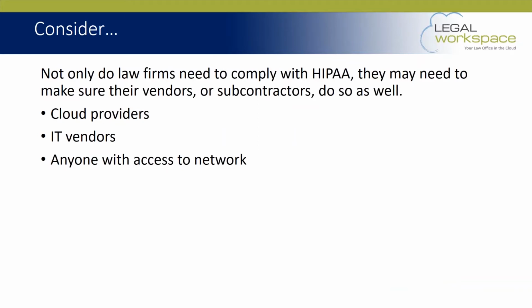A couple of things to consider when you are going through the safeguards portion of your compliance training, and when you are selecting vendors, is you want to make sure that folks that you are working with from a compliance perspective are, number one, familiar with HIPAA, number two, certified with HIPAA compliance, and number three, they need to have the willingness to want to enter a business associate agreement from you. Most vendors out there these days are providing this sort of compliance as an advertisement, but you really need to